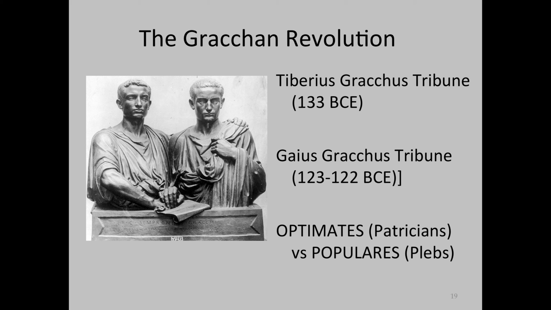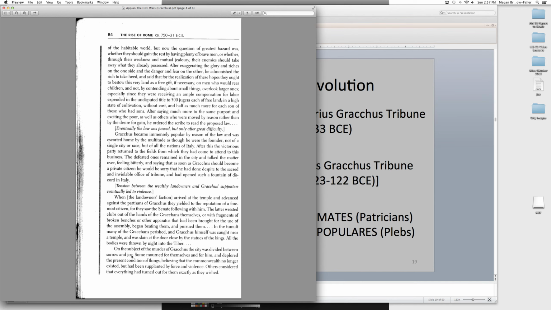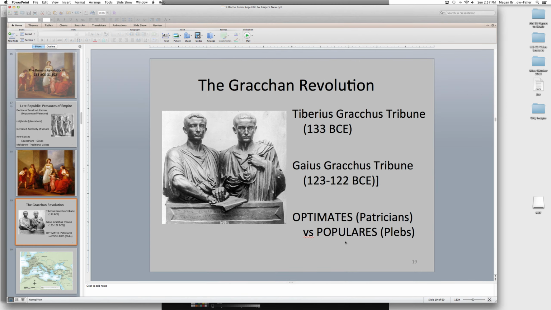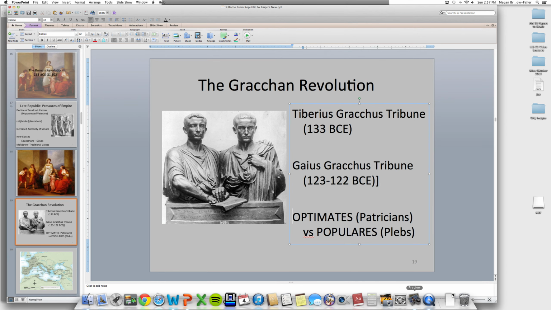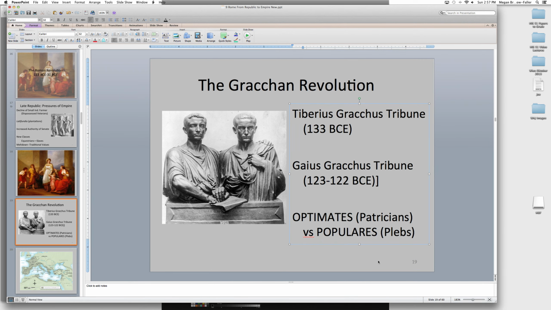But in any case, as the text shows us, after the Gracchi brothers, the traditional unwritten rules of the Roman constitution are questioned, and in this struggle of the optimates and the populares, we will see a new era of military generals and a new use of force and violence that had been totally unprecedented. Okay, this will result in the crumbling of the republic, and the ushering in of the empire. Okay, so we will finish up the Roman Revolution in our last lecture for this week.